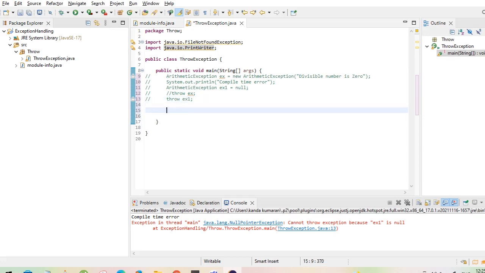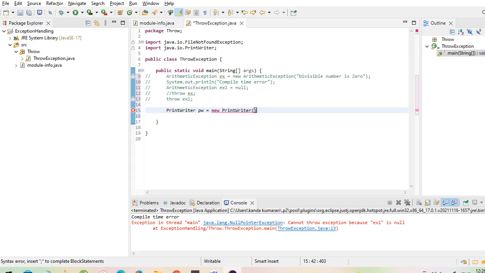I'm going to create an object for the PrintWriter class.